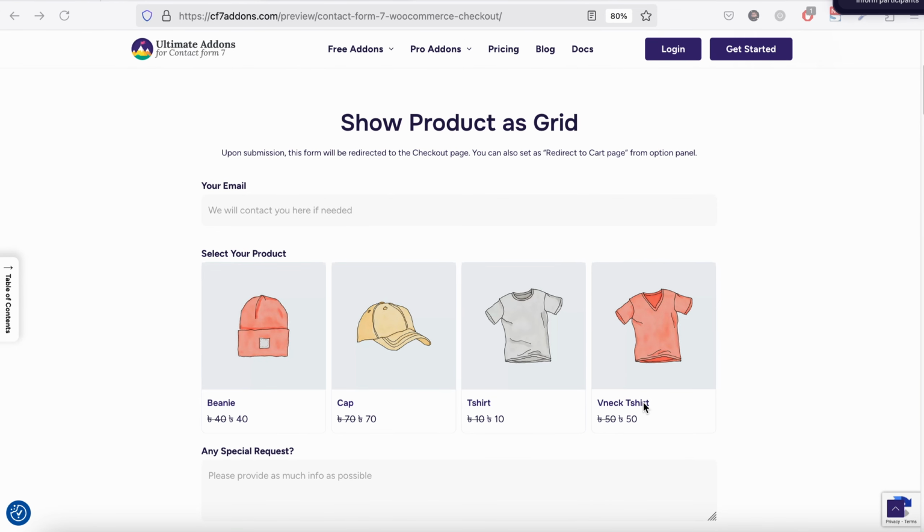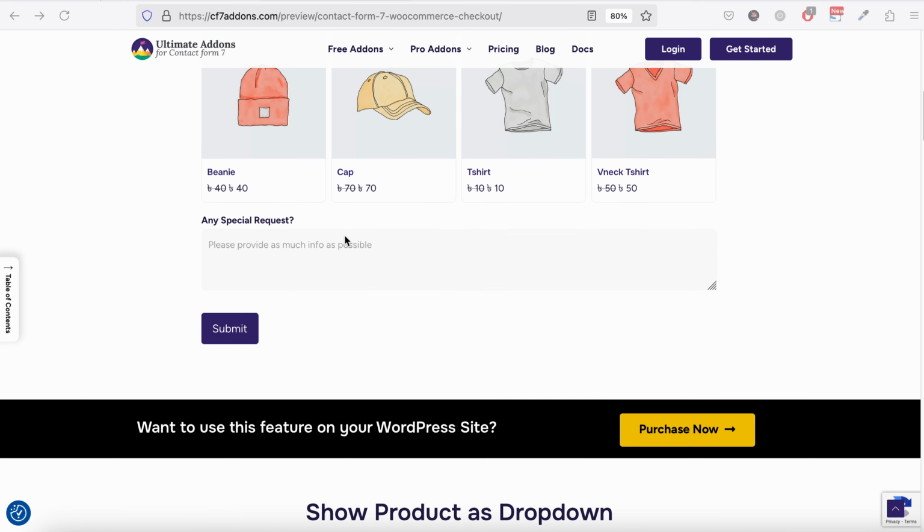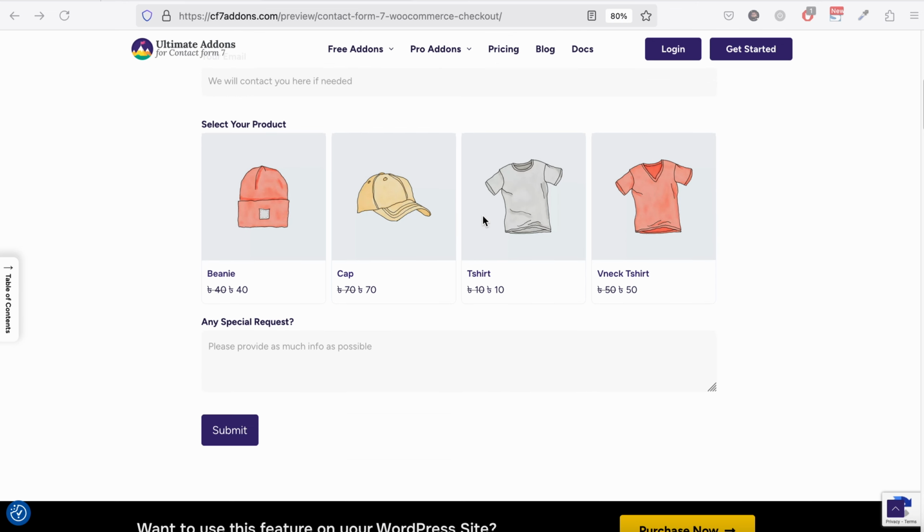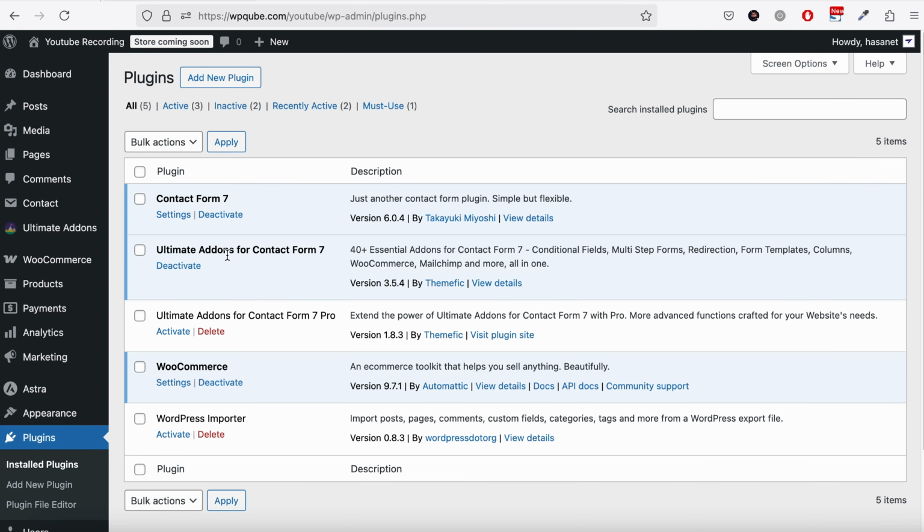In this video, we will discuss how you can add a WooCommerce product as a grid within Contact Form 7, and how you can also show a specific product or show multiple product options within Contact Form 7. Let's get started. First of all, you need to make sure